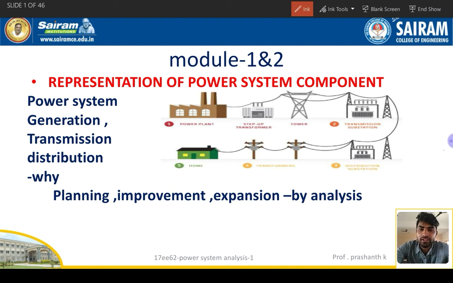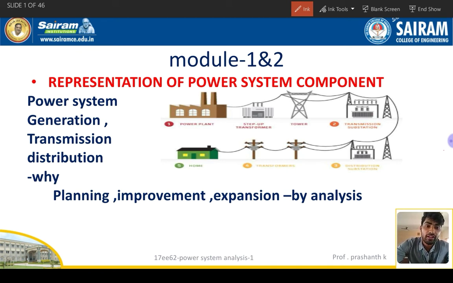One specialty of the synchronous generator is that the magnetic field is rotating and the conductors are stationary, so it just collects the current. 11 kV we are generating in the power plants, whether it may be hydel, thermal, nuclear, or whatever. In hydel power plants the speed will be less, so we are using a salient pole synchronous generator. In thermal, nuclear, and gas power plants the speed will be more, above 500 rpm, and we are using a non-salient pole synchronous generator. So the generator part is over.